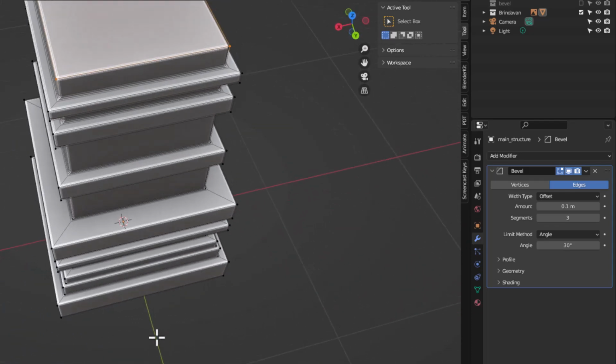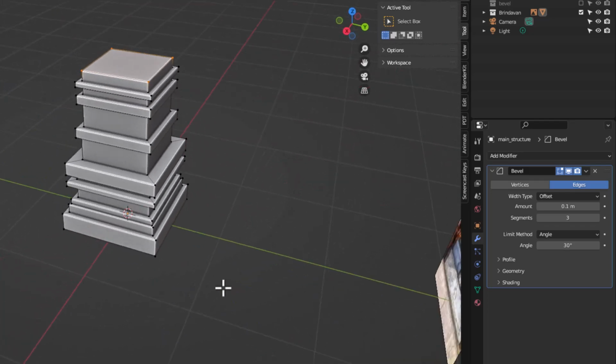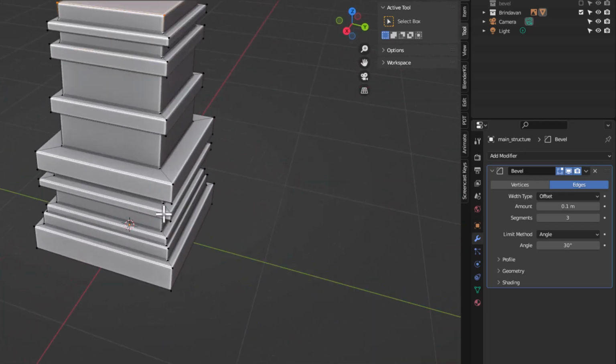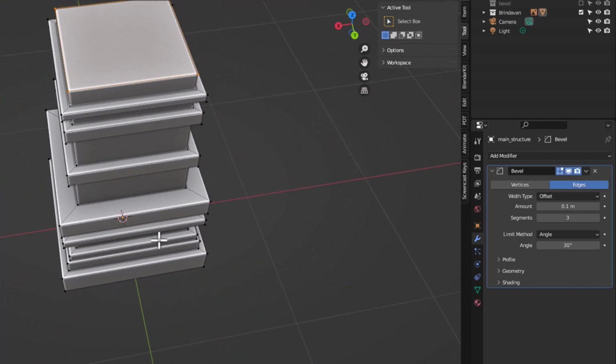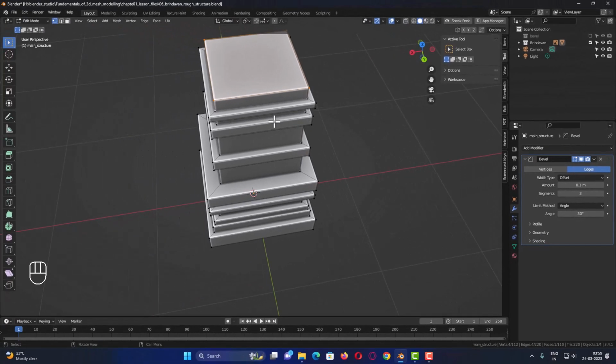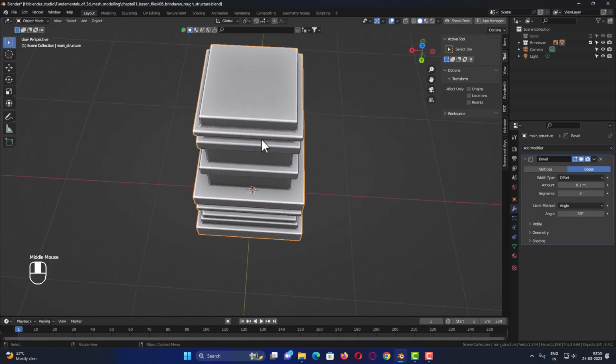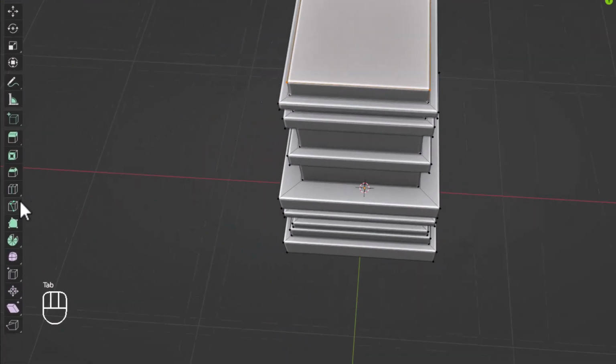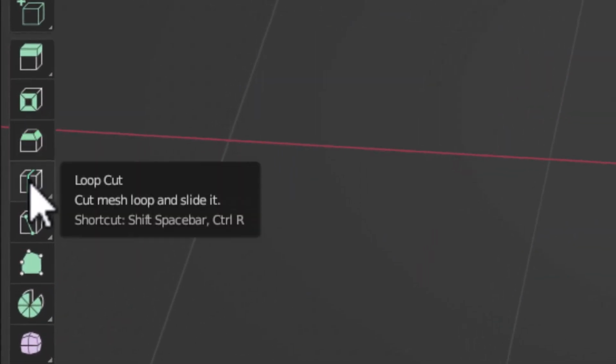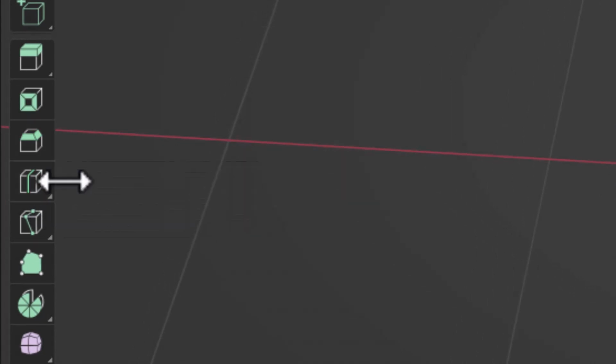But before we apply bevel, we have to make some modifications and we have to add a loop cut and then we have to apply the bevel. So, for this reason, I will leave this Brindavan as it is, I will press tab, and in the next session, if I press tab, you have the next tool here which is the loop cut. We are going to explore how to use this loop cut